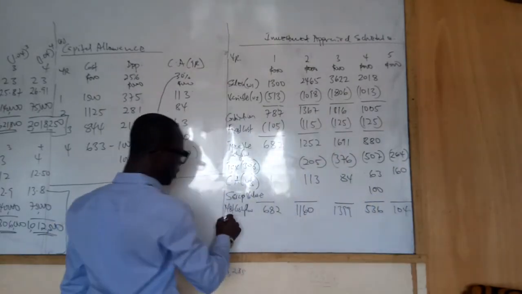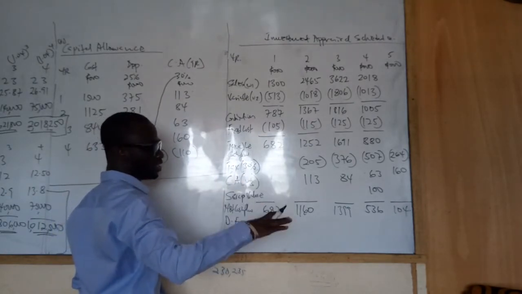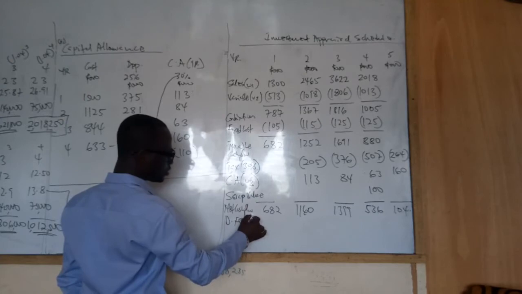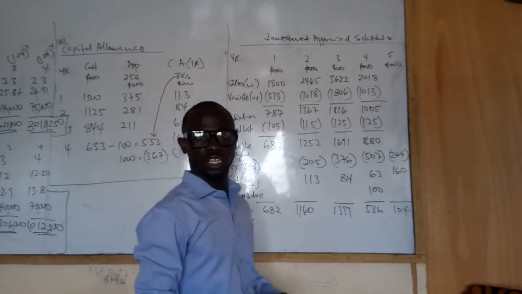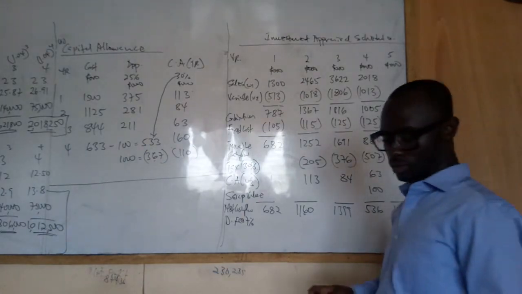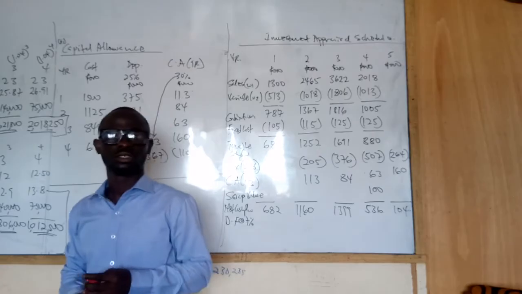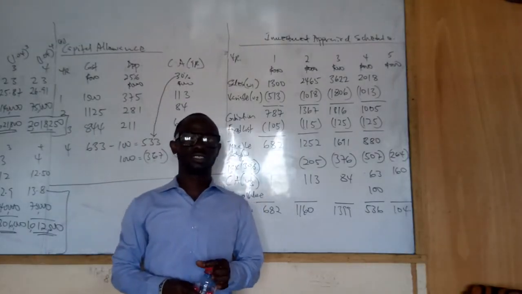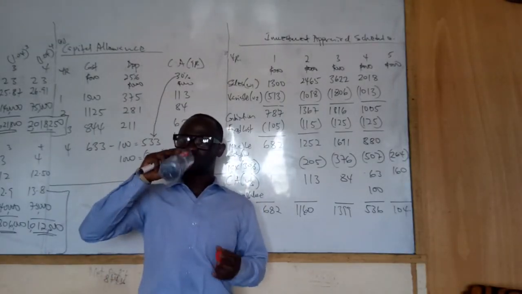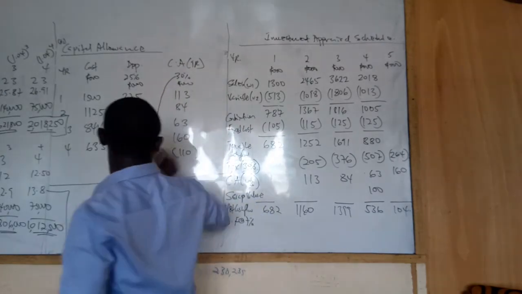Then we bring the discount factor. Remember, we are using the after-tax nominal rate, which is 7%. Look at your discount table. See, there was a time the discount factor you couldn't have found on the table, so you had to calculate. I saw it. That calculation is not anything. It's just 1 over